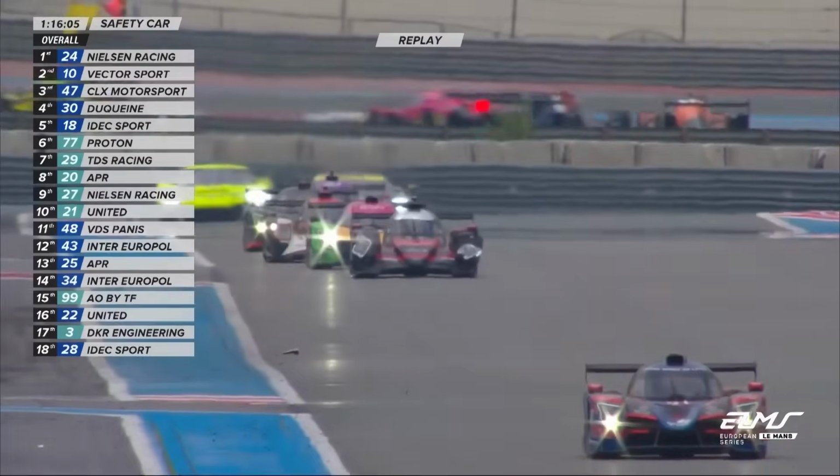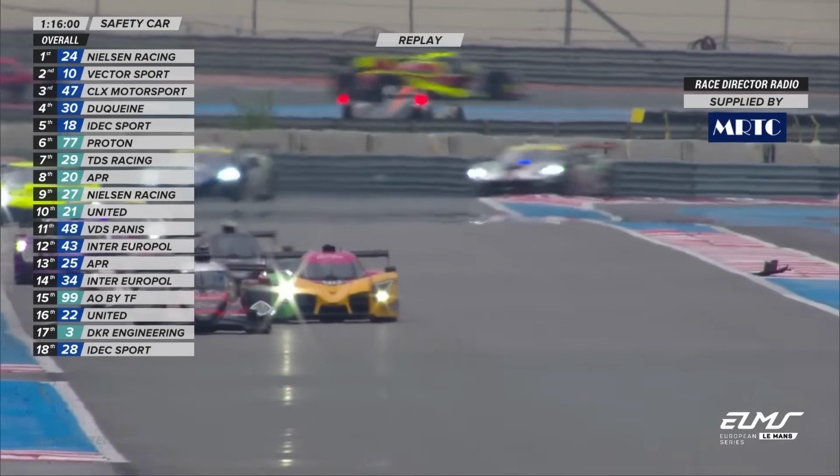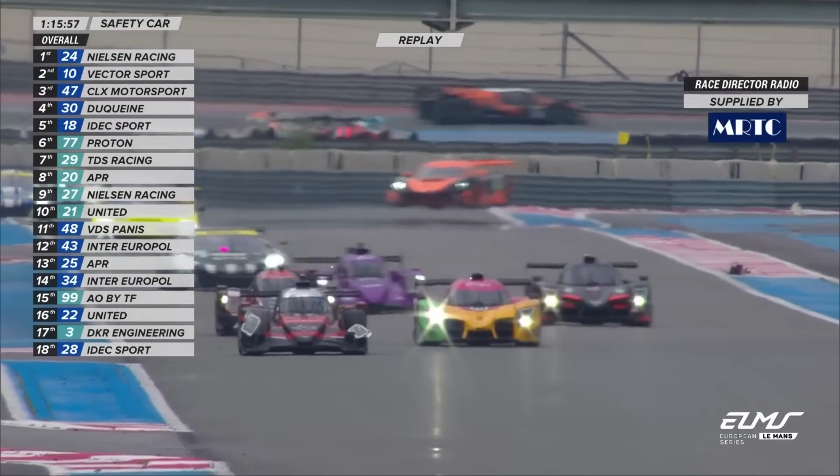Car 28. Left corner destroyed. Car 28. That's going to lose some of the bits. Move to the side. Let the cars pass. Do about that, I'm afraid. Car 28. Move to the side. Let the cars pass. Well, you're losing a bit of